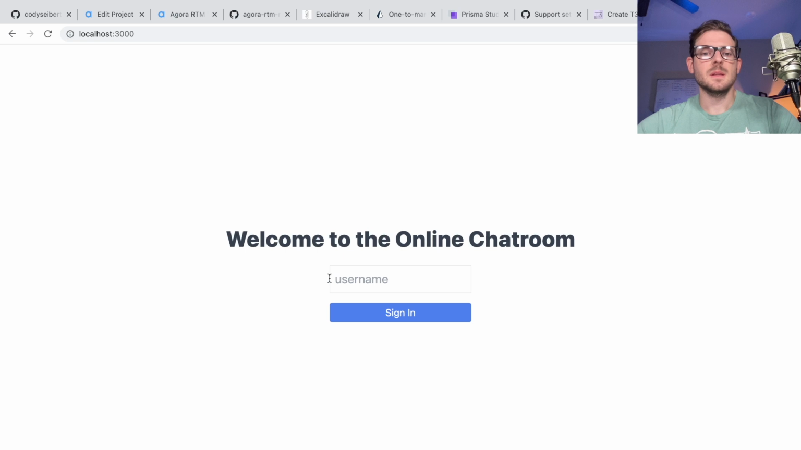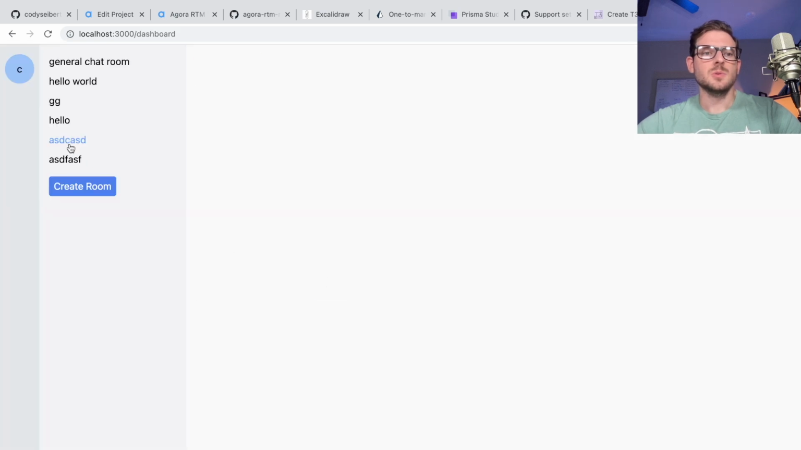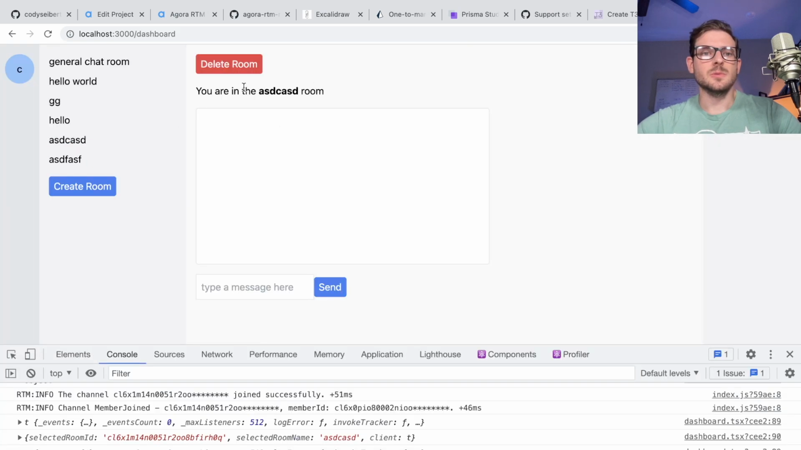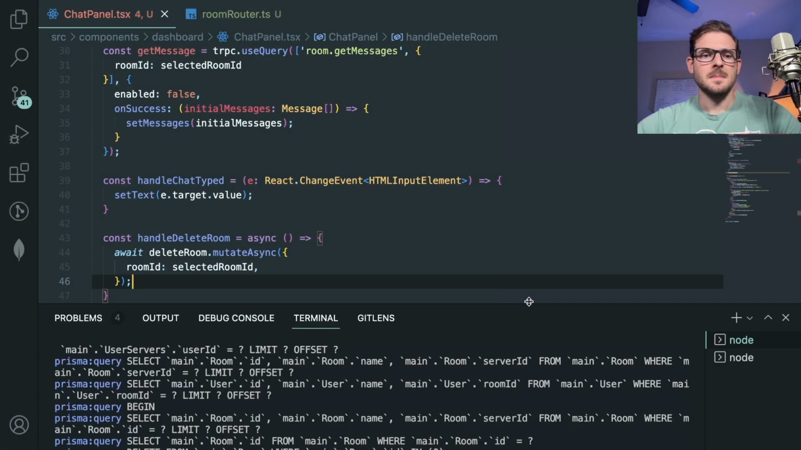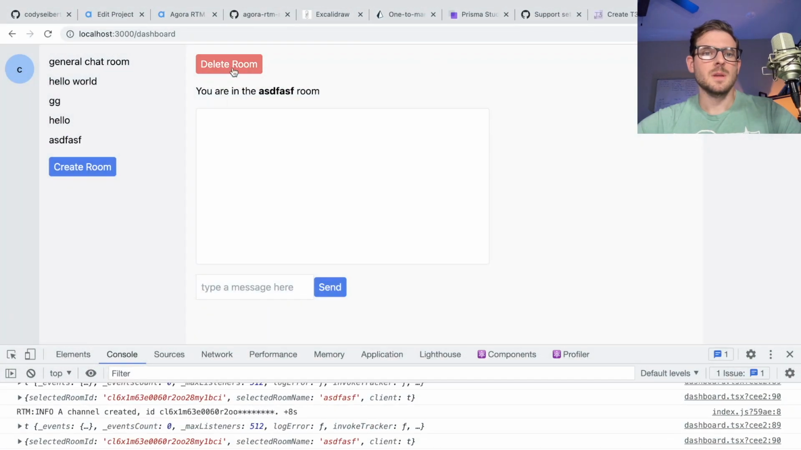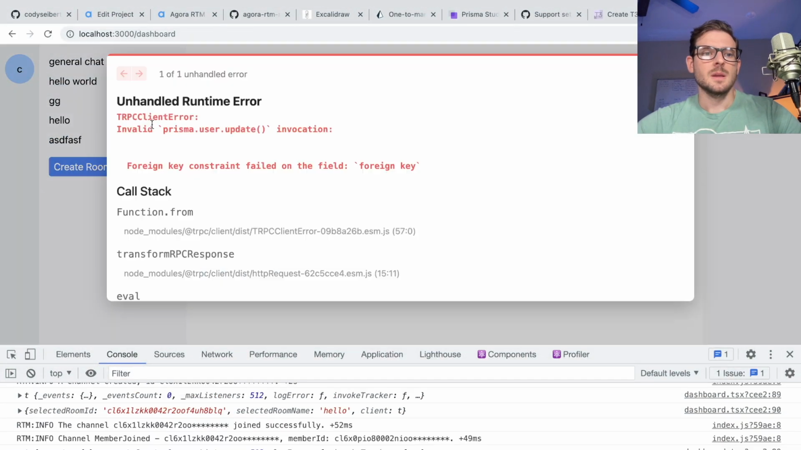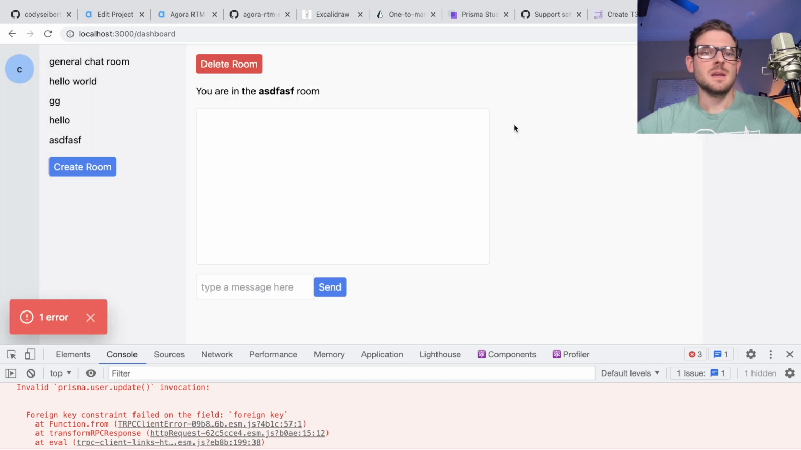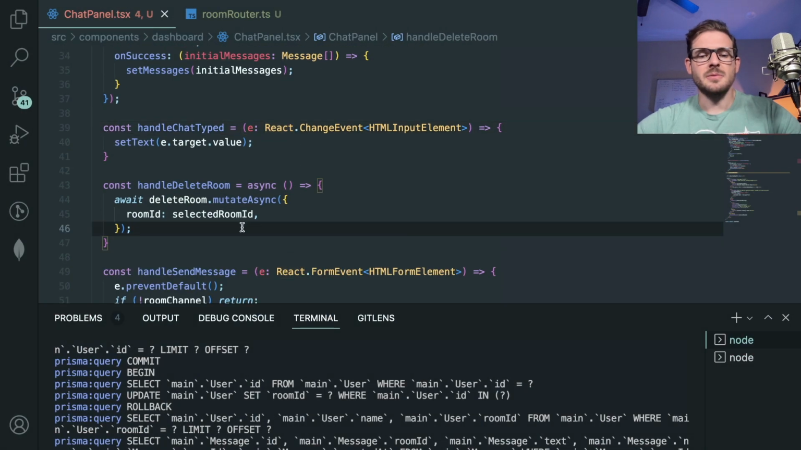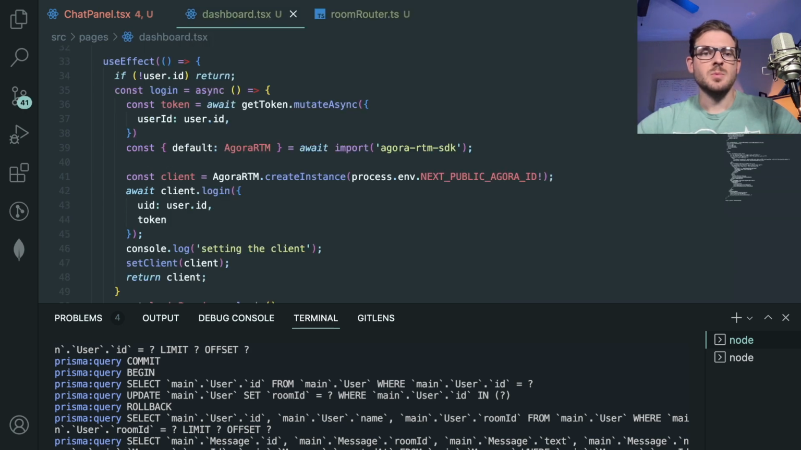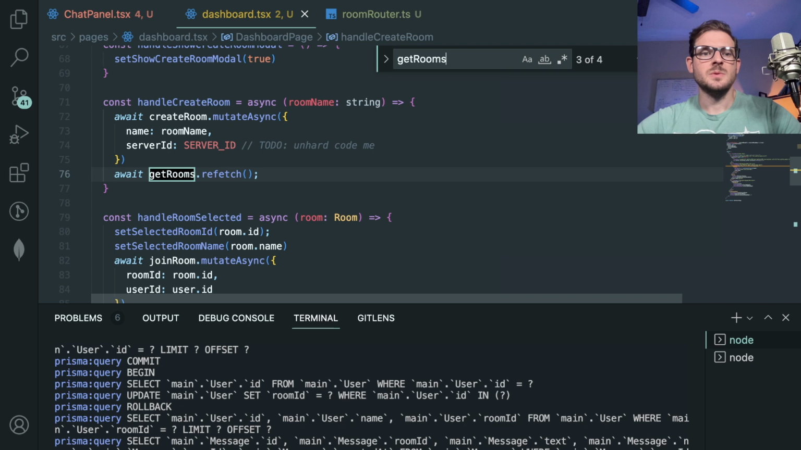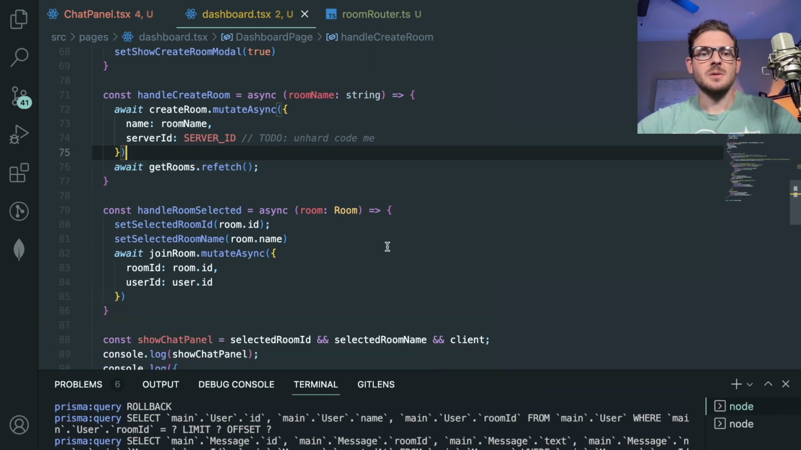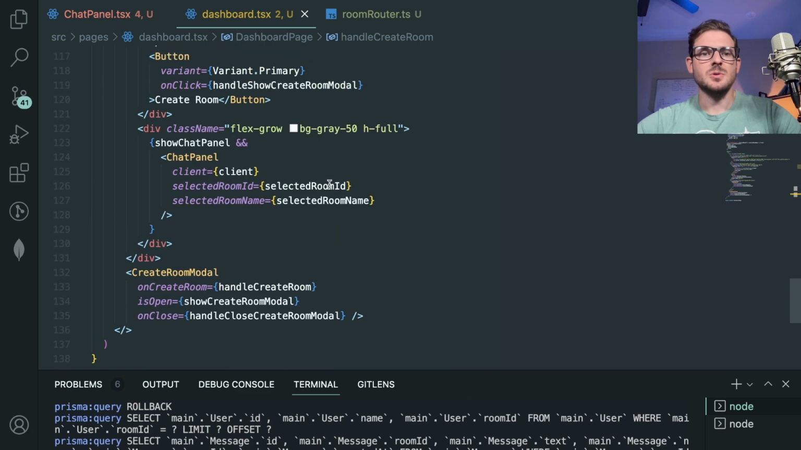Let's just try this. I mean, like, let's go to Bob. Let's go to a room and let's try to delete the room and see what happens. And if I go here, delete that room. Yeah, I think it is working. I think I just need to make sure I refetch the chat rooms. So on the dashboard, we have, I think, get rooms, and we just need to make sure we fetch the rooms. So on the chat panel itself, like this needs access to